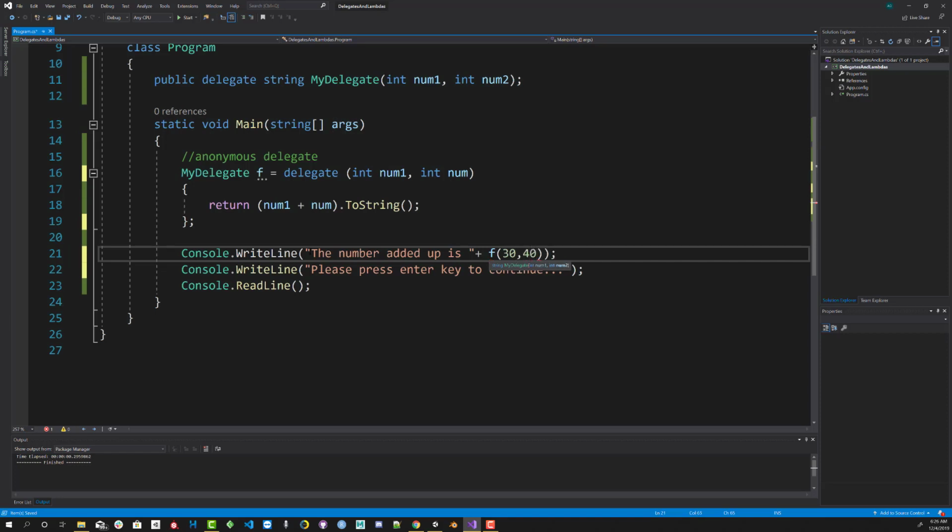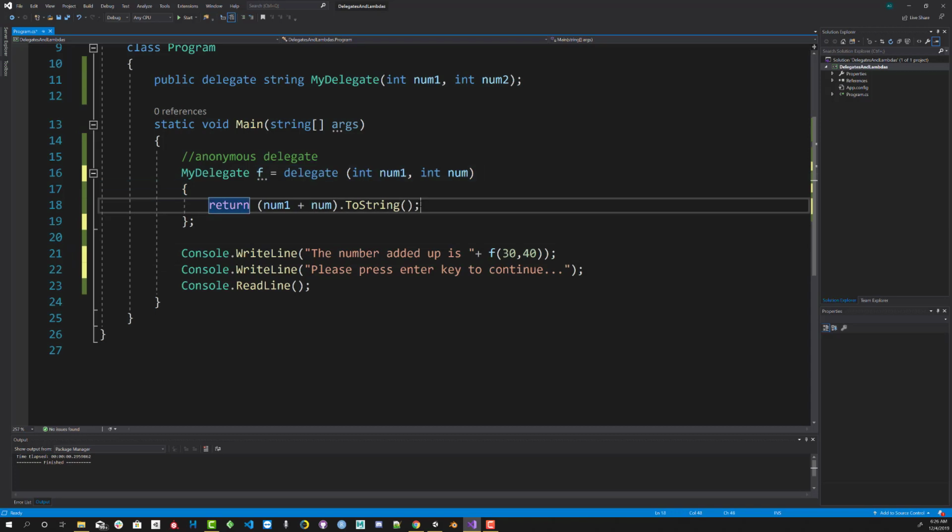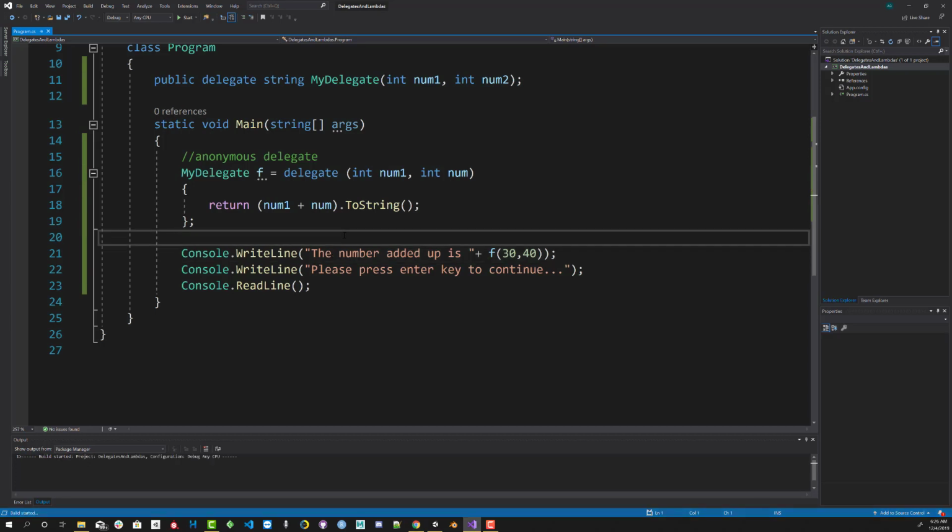So here is where we're actually passing those numbers into f, which is doing all of this, and then it's returning it back when we go to print this. Alright, so I'm going to hit F5 here to run our code. And when I run the app, you can see